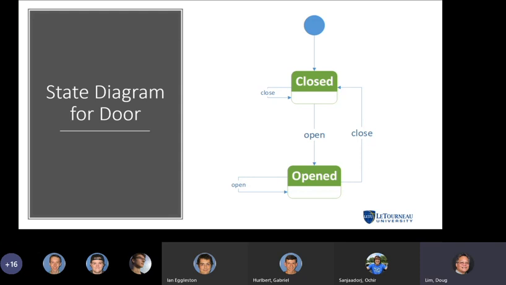Generally, you want to be inclusive of all possible events that may reflect your actions, and then you could eliminate the redundant ones if the diagram is getting too busy. But initially, at least for the initial design and reviews, you want to be complete and show all the events that are relevant to this class. And if the diagram is getting very busy, you can eliminate them and maybe even put a text note that you've taken out redundant events that just take it back to the same state that you're already in.